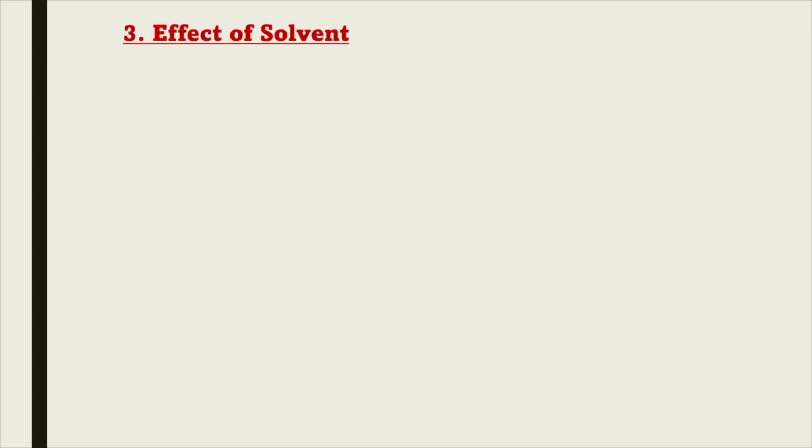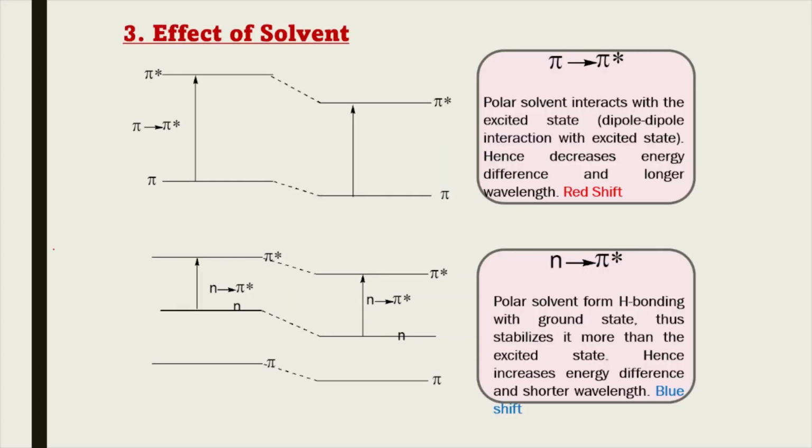The third factor is the effect of solvent. Here, this is the pi to pi star system. Now, when we change the polarity of the solvent, we are increasing the polarity of the solvent. Then what happens? The polar solvent, like dissolves like. On this principle, the polar system will stabilize the polar state more as compared to the less